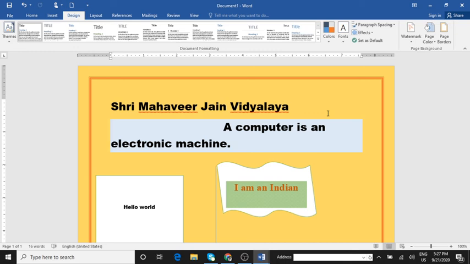more on word processor, chapter 4. Once you go through this chapter, after the video, I'll be sending you how to do a project. Your first project, how you're supposed to do it, I'll be telling it to you. So hope you all have enjoyed this class, children, and you have understood the topic also. See you in the next class.